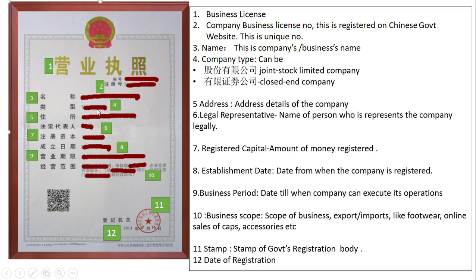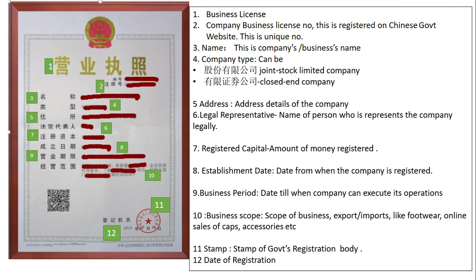So when you are planning to do business with a Chinese company, you will get this, and generally you give it to translators. For translation of this document, sometimes you pay 500 rupees, sometimes 1000 bucks, like that. In case you get the translation done by a local Chinese native translator, then definitely you need to pay per word. They charge around 7 rupees per word. So that is quite costly.